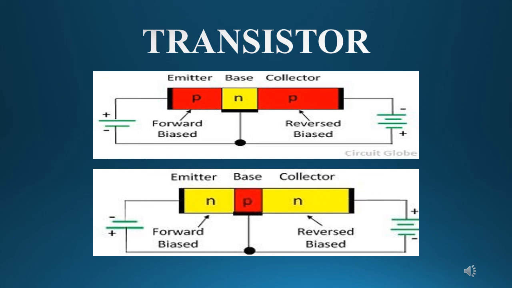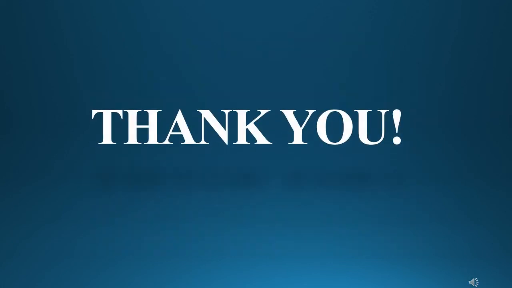And one thing more, we always use NPN transistor because mobility of electron is better in NPN as compared to PNP. And another thing is we use common emitter configuration because the most popular use of a transistor is to make an amplifier, and best amplification is done in common emitter configuration. So we will use common emitter configuration and NPN transistor as we further study transistor as an amplifier. So that's all for today.